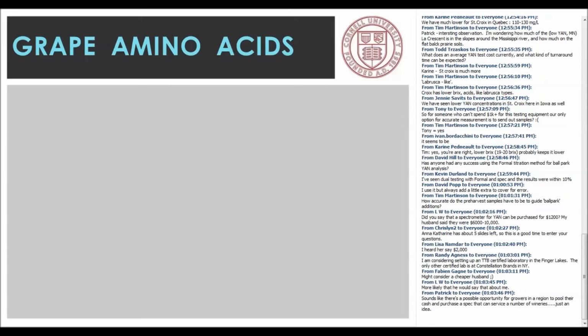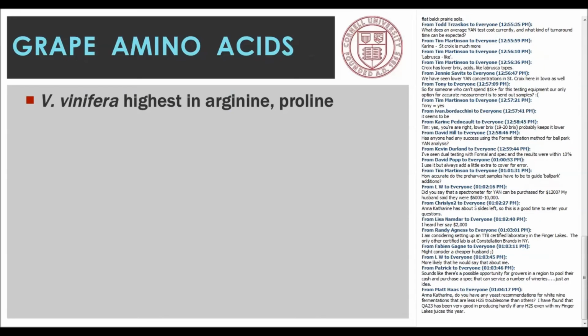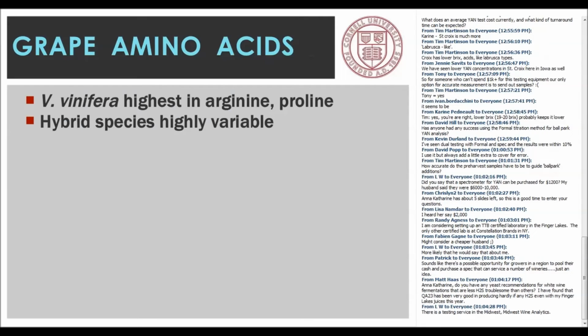All right, one quick thing I wanted to mention before we finish up and get ready for some more questions. I told you in the beginning that the types of nitrogen sources we were looking at were either ammonia or amino acids. And there's been some interest recently in looking at individual amino acids. It's always been assumed that grapes in general were highest in arginine and proline because that's what we see in Vitis vinifera. But some work that Amanda is doing, and some other folks are doing at Purdue, continuing her work with Christian Butzke's lab, and also a little bit of work that Ramon Mira de Orduña did here at Cornell,